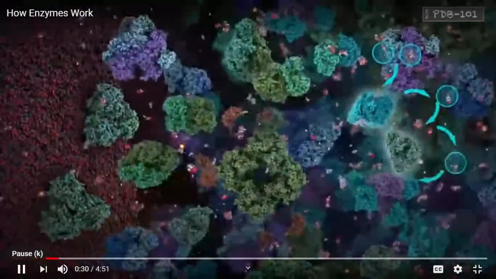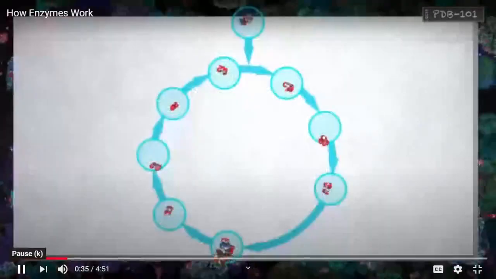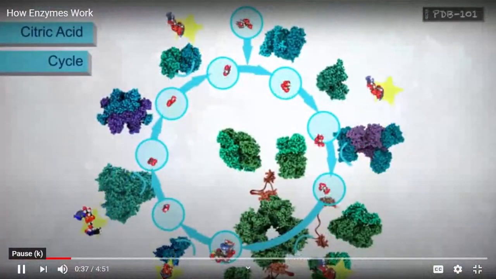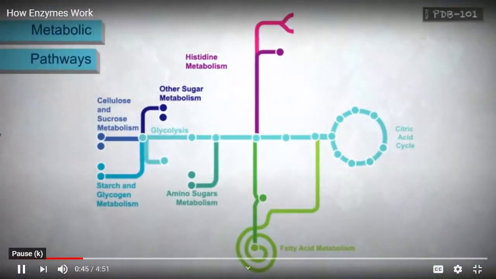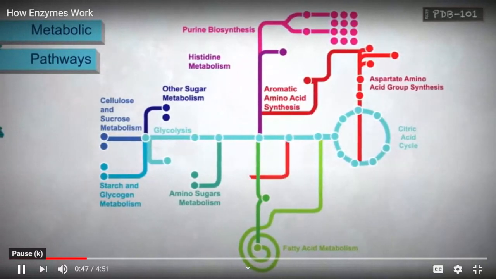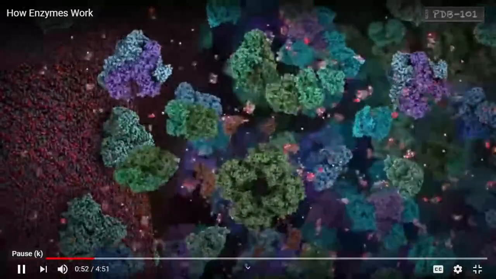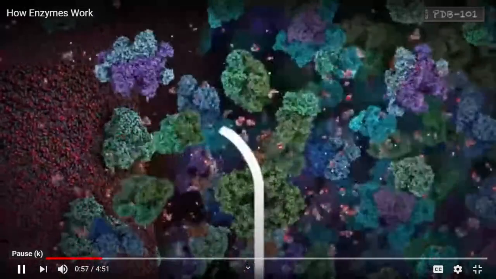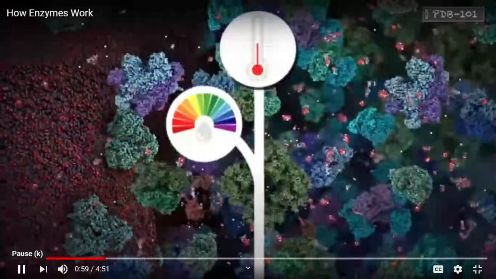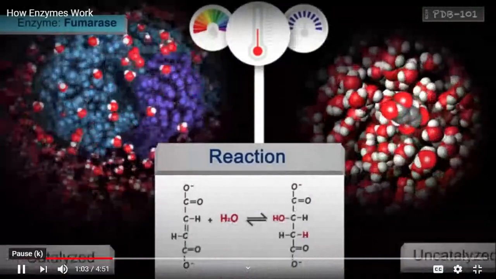These enzymes often work together to form longer pathways, such as the citric acid cycle, which is a series of chemical reactions used by cells to generate energy from carbohydrates. The essential tasks of life, such as metabolism, protein synthesis, and cell renewal and growth, are all regulated by enzymes. The life-sustaining power of enzymes lies in the fact that they catalyze reactions in mild conditions of pH, temperature, and atmospheric pressure. The rates of catalyzed